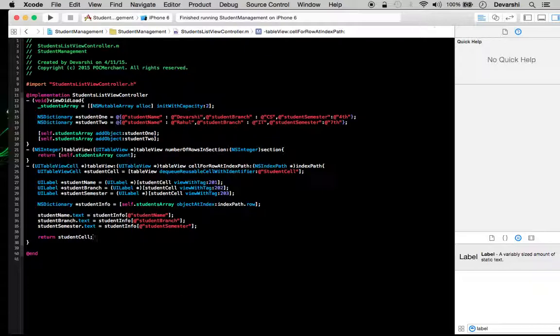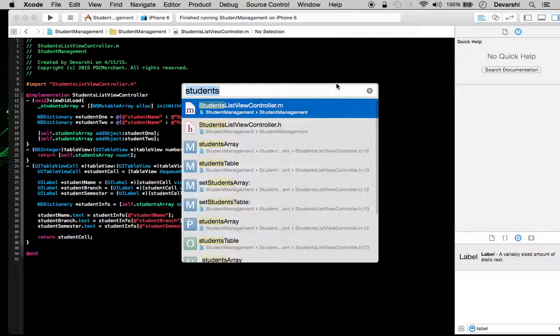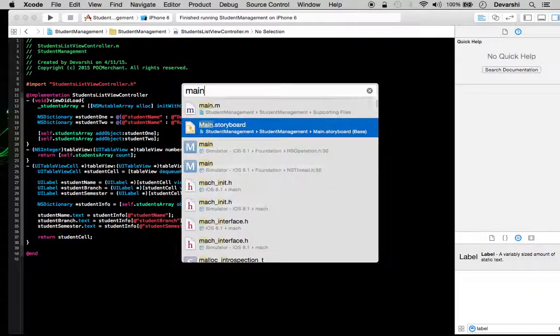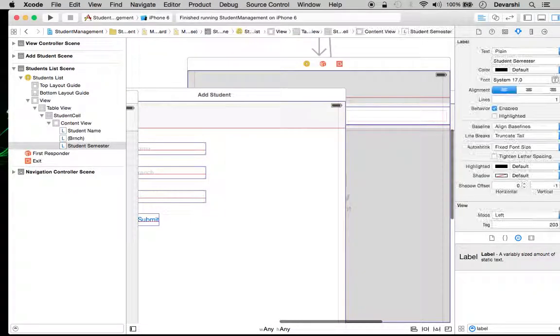I'm going back to my main storyboard. Let me open the open quickly menu by pressing command shift and O keys from my keyboard, and typing main.storyboard. So I am pressing enter key from my keyboard.